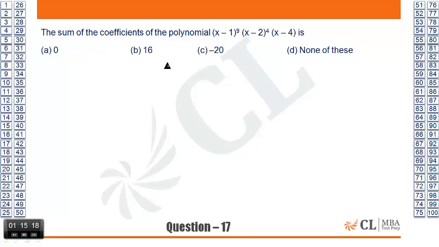One more. 17. Sum of coefficients. Yeah, you're all shocked to see this. This is one of those situations where if you know the concept, it's easy; if you don't know the concept, you'll feel you did not do this. All you have to do is put the variable x equal to 1, and you'll get the sum of coefficients. So if you put x equal to 1, this becomes 0, no? The answer is 0.